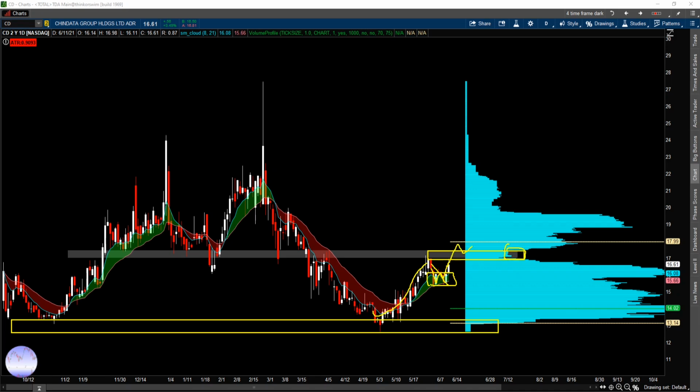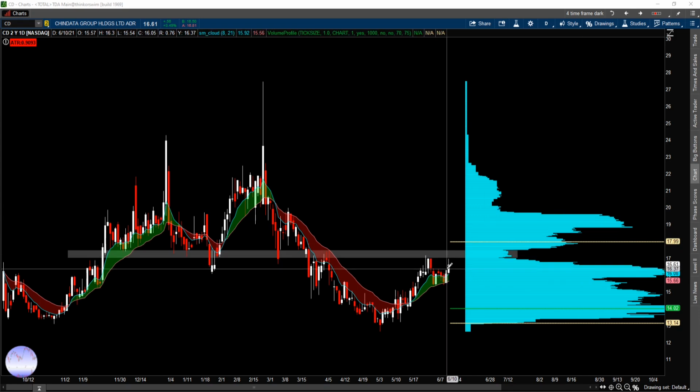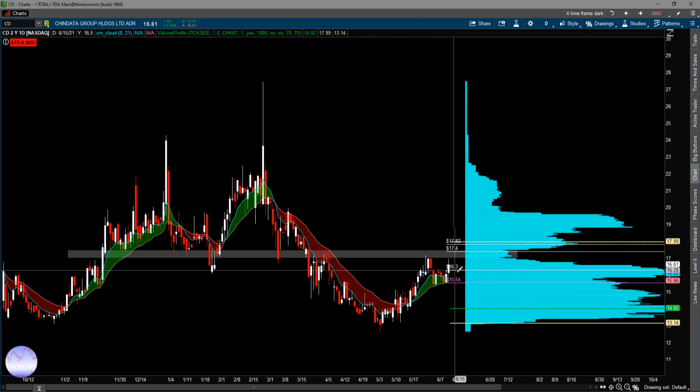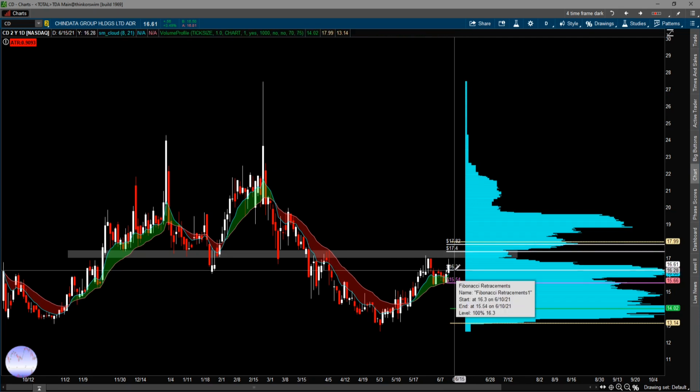So if it could get to this low volume zone, basically want to target the next move up to this area here, this edge of this high volume node, somewhere around 20. So basically looking at the possibility, although right now today it actually closed above this candle's high, this 1630. So if we get a little pullback toward this 1630, that might be a good location to look for a